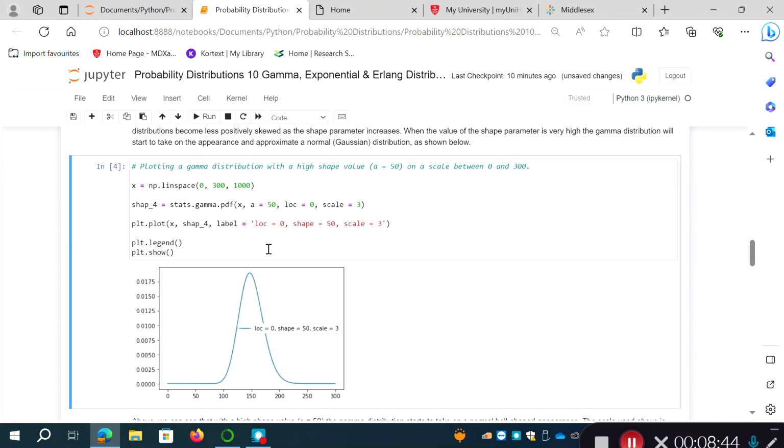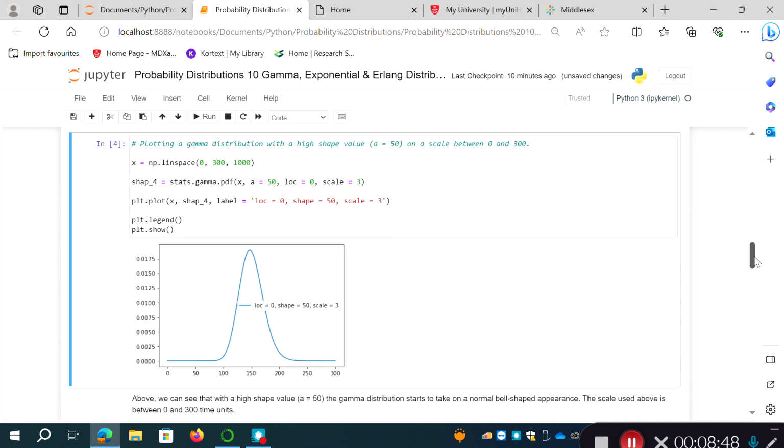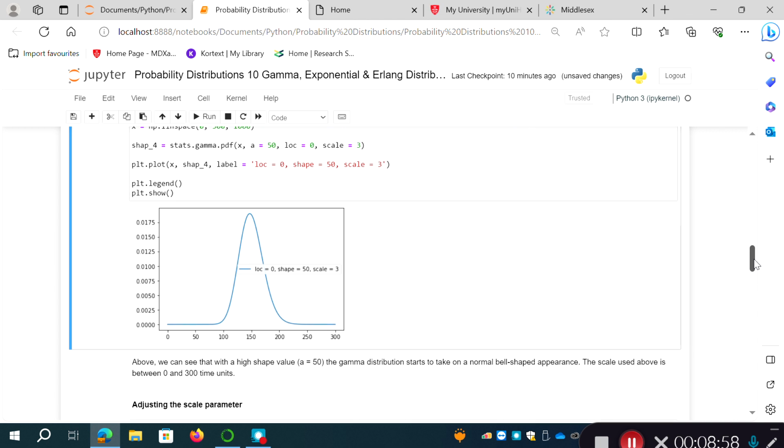Let's see what that looks like, and you can see there by putting this very high shape value in, the actual shape of the distribution has changed considerably, and it looks very normal and bell-shaped in appearance. And you can see the scale is between 0 and 300 on the x-axis there. Okay, right,